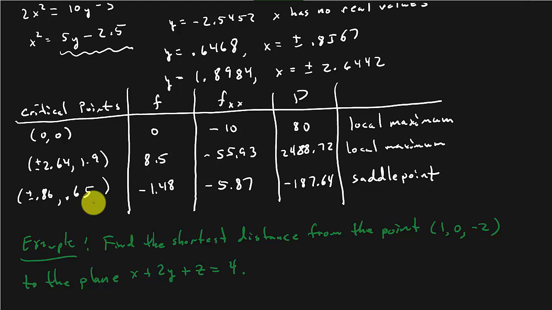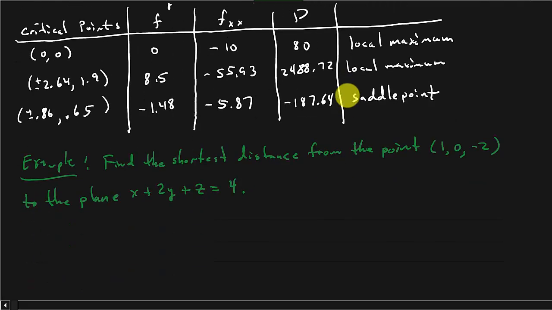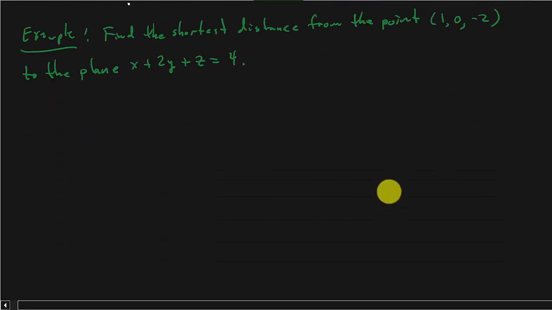All right, so I hope all of this is making sense. All right, so let's continue on to the next example. It says find the shortest distance from the point (1, 0, -2) to the plane x + 2y + z = 4. All right, so we're going to take the distance